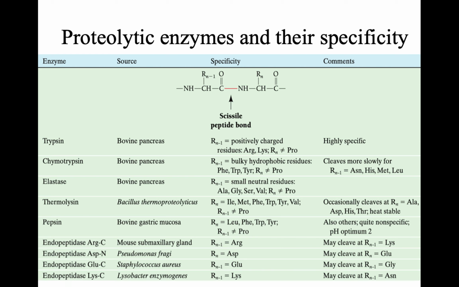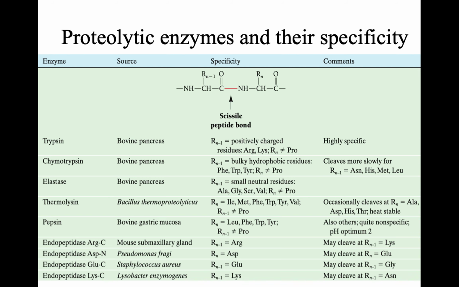All these different proteolytic enzymes are highly specific in their target sites. Apart from the proteolytic enzymes, there are some chemical reagents, and all of these are also highly specific in their cleavage sites. For example, cyanogen bromide cleaves specifically on the carboxyl side of the methionine residue. By using these different proteolytic enzymes, the proteins or polypeptide chains are cleaved into fragments, and those fragments are separated and purified, and then subjected to sequencing by the different methods.